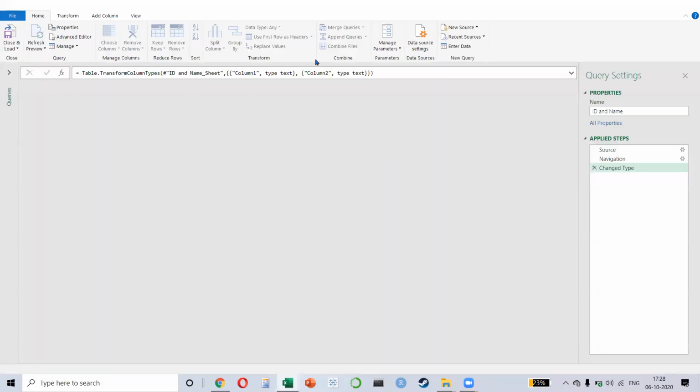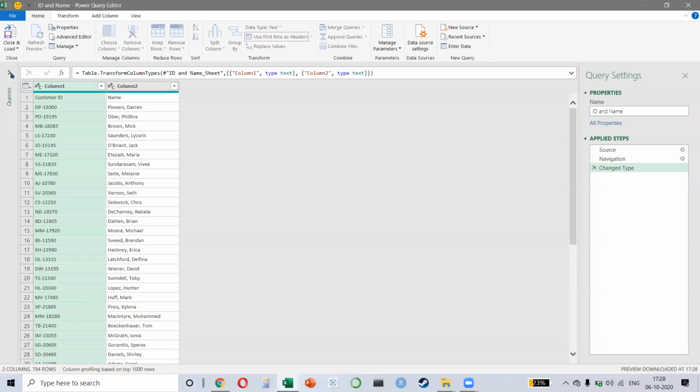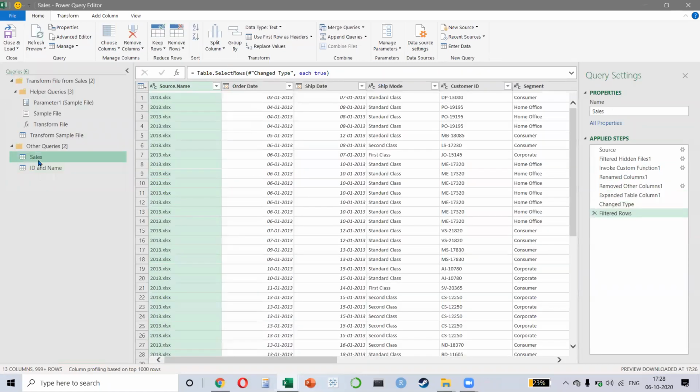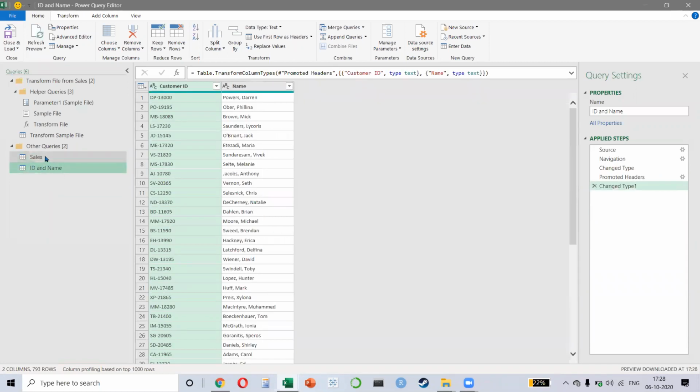now this time you notice that there are two queries. My first query is the sales data. And the second query is the ID and name. Everyone like this. So Bhavesh, Power Query is available in Excel 2016, but with every version of Excel, the functionalities have increased. So if you want all the functionalities, then you need to work on Excel, Microsoft 365, right? But what I'm showing you right now, you can do all of this even on Excel 2016.